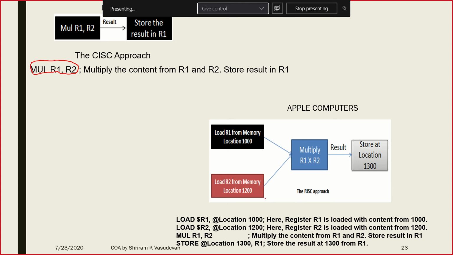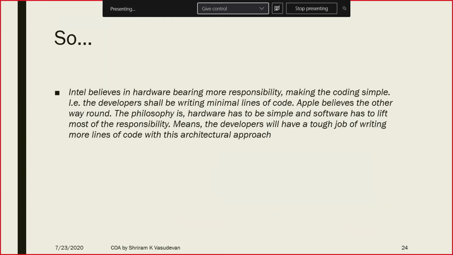But what Apple does is follow the load and store architecture, where the programmer has to write 4 lines of code for a similar operation, but it has a lesser load on the hardware itself. It has a lesser load on the processor, but programmers have to do a little more programming and write more lines of code, and memory will also be used more because you've got 4 lines of code. Remember, this is all about load and store architecture, where you load the content into the register, get the operation done, and store the content back into your memory location. This is what Apple follows.